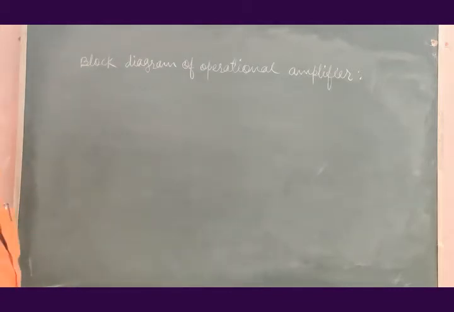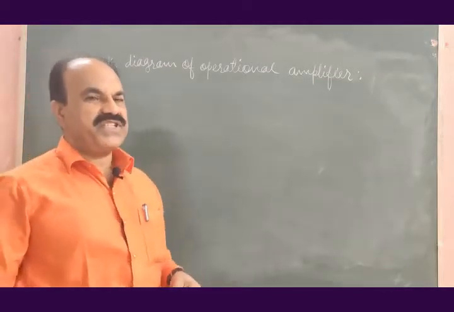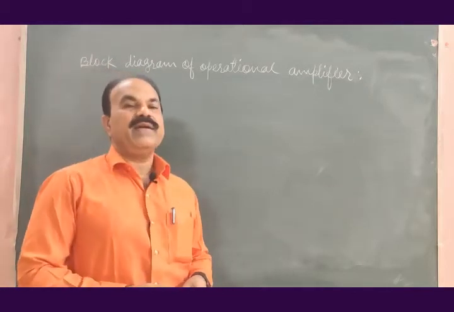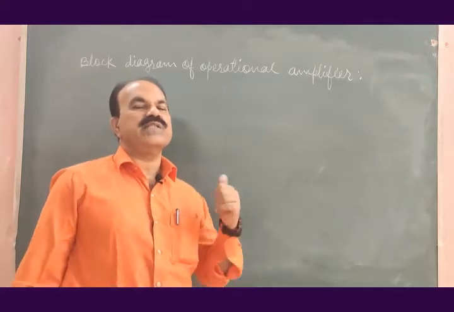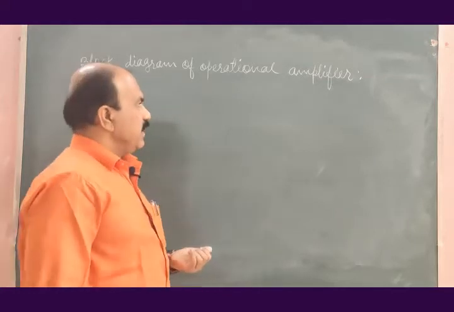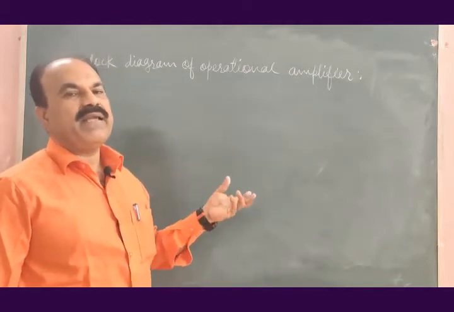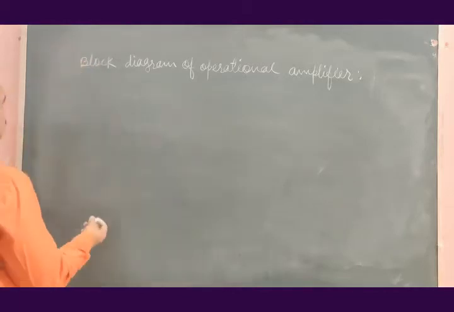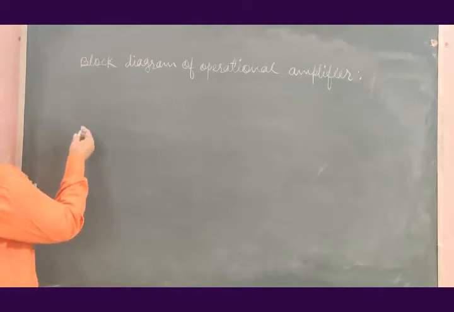Of course, every circuit is a multi-component, multi-stage circuit, with different stages, and therefore the operational amplifier is represented by its block diagram. Let me draw a general block diagram applicable for all operational amplifiers, and the blocks representing operational amplifier are